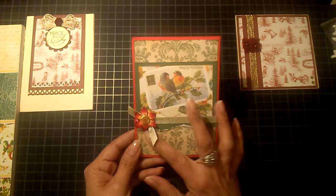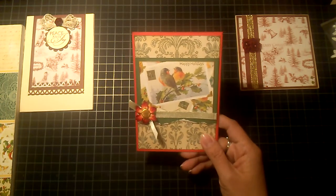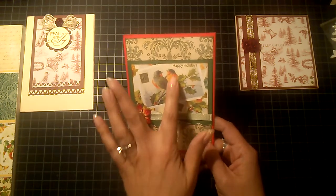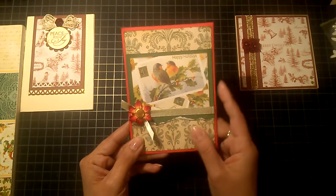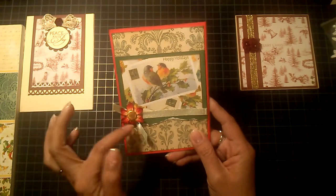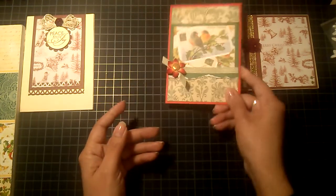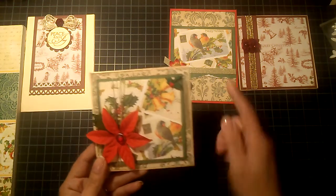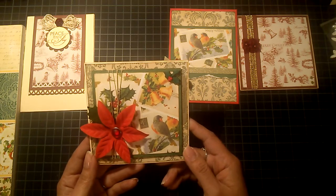Anyway, I decided to tear along the bottom of this textured cardstock, and inked everything with walnut stain, and then I stamped in cocoa the Happy Holidays there, and I just loved seeing the little birds. And then I used this ribbon, added a poinsettia and a vintage button in the center. That was cute. Then the second one, that same pattern, is this one here, measures 5 by 5,